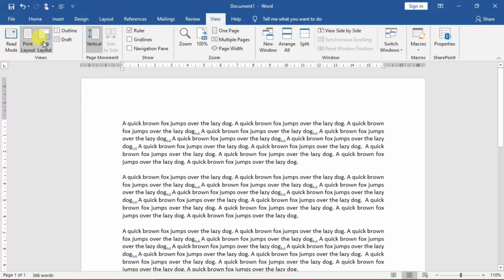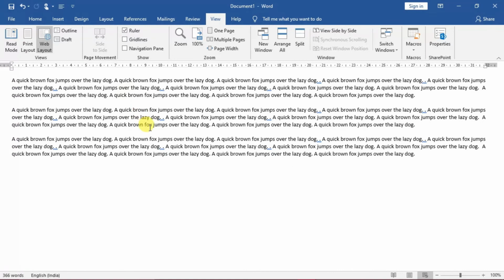We have come back, and now I'm sending the view to the web layout. So this is the web layout view. If you want to make web pages, the writing is allowed here, and you can see how your web page will look. Because web pages are usually very wide, a wide table could be displayed better, but here you can see the text this way, and you can try it out with a table and see it by changing its view.